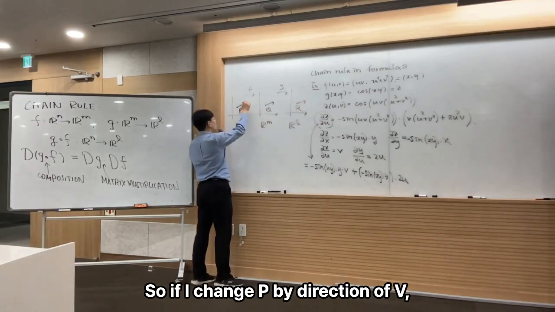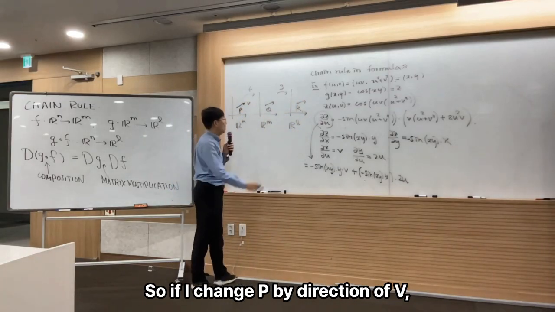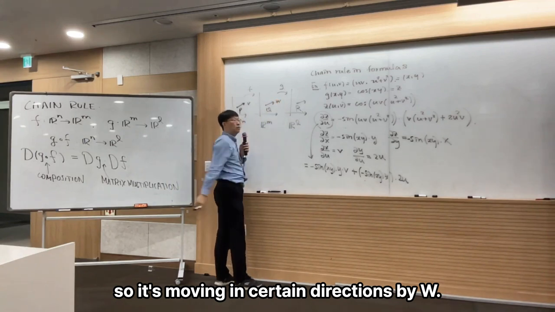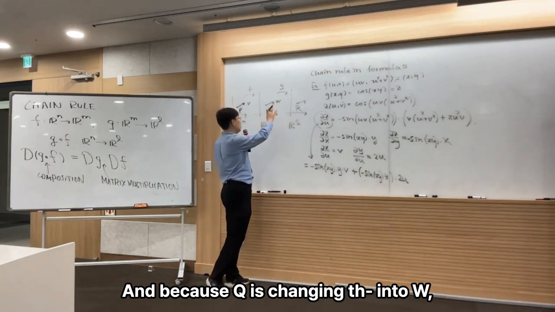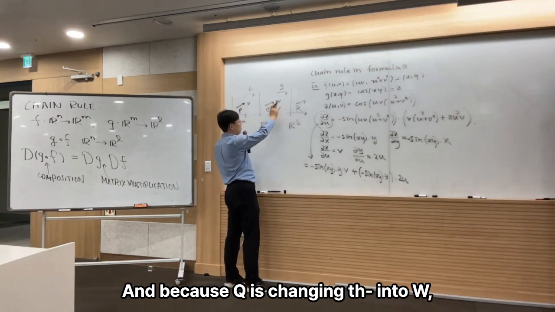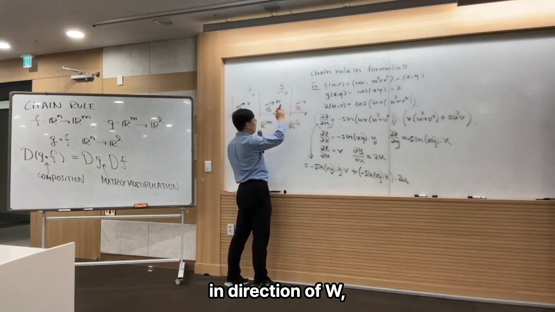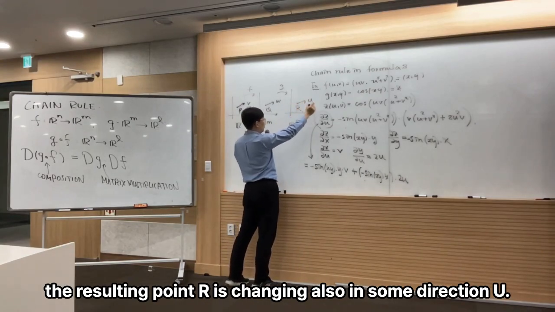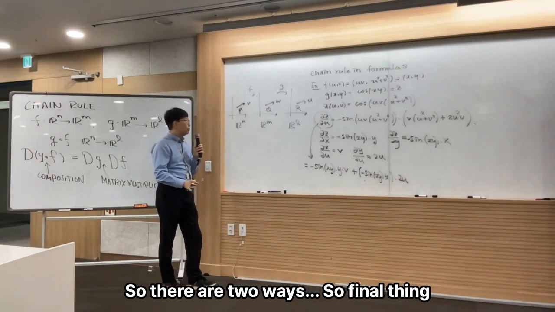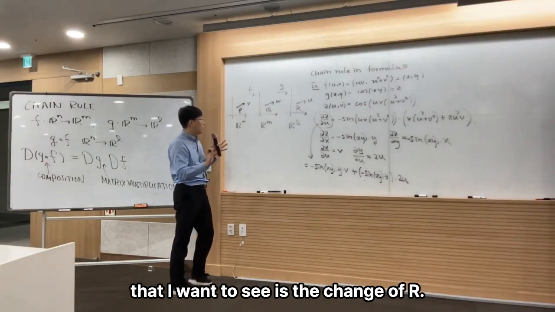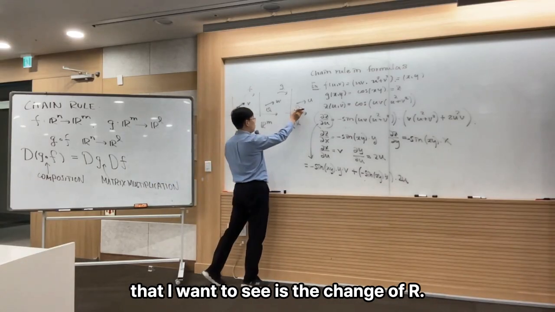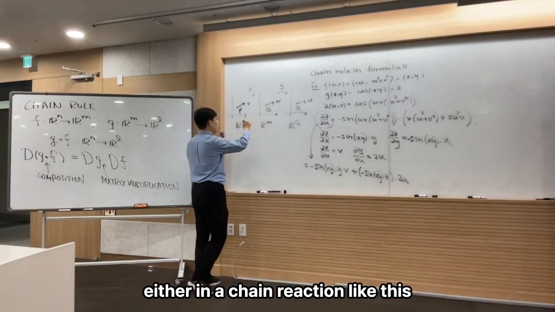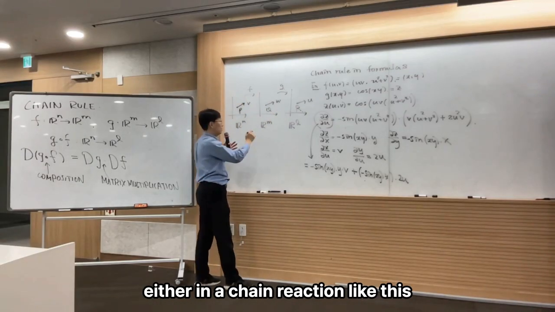So if I change P in the direction of V, the Q is changing in a certain direction, so it's moving in a certain direction by W. And because Q is changing in the direction of W, the resulting point R is also changing in some direction U. So there are two ways. The final thing that I want to see is the change of R. That's the goal. But there are two ways of looking at this, either in a chain reaction like this or